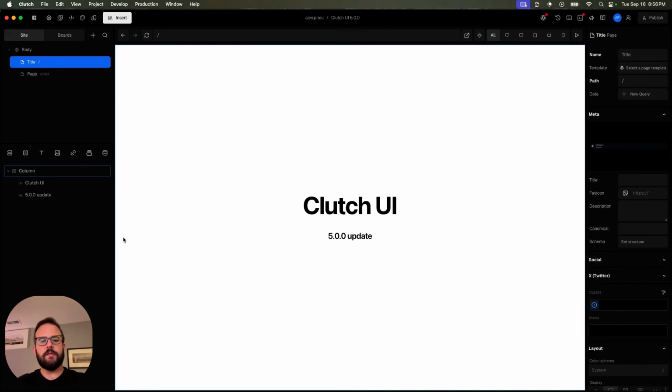Earlier today, we released the new Clutchy 5.0 update. In this video, I'm going to be diving into all of the non-form Clutchy components. So really anything as far as background video, buttons, carousel, and just explaining how these components are going to work